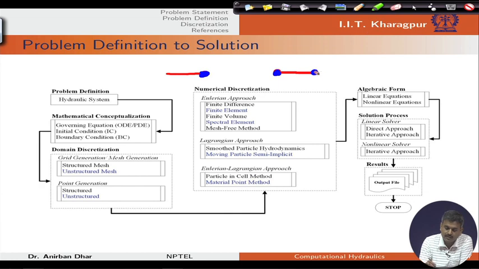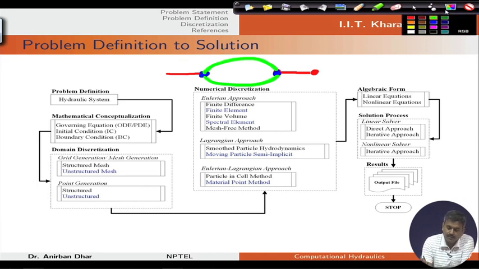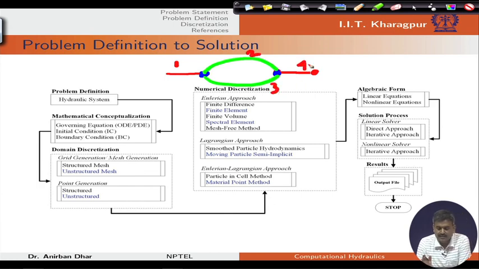Now for this one we have considered 4 channel reaches, 1, 2, 3 and 4, and in this case these are the channel junctions 1, 2